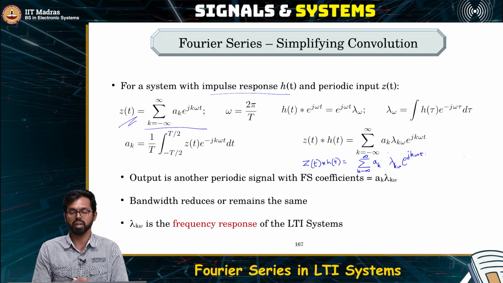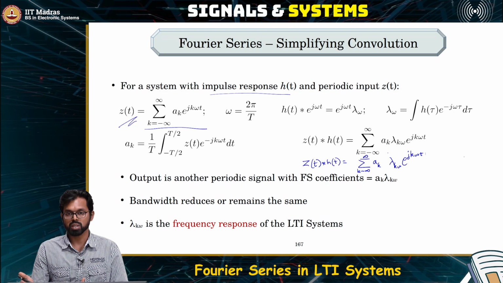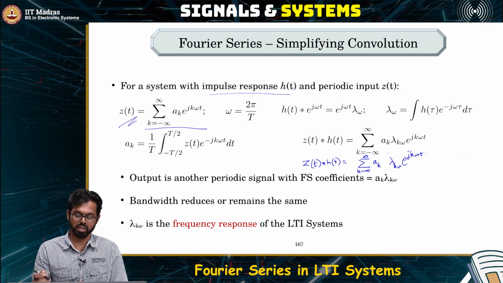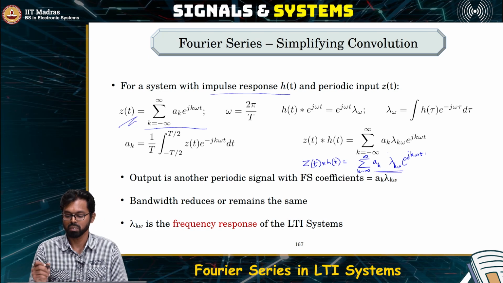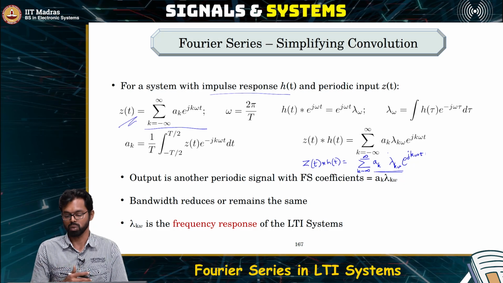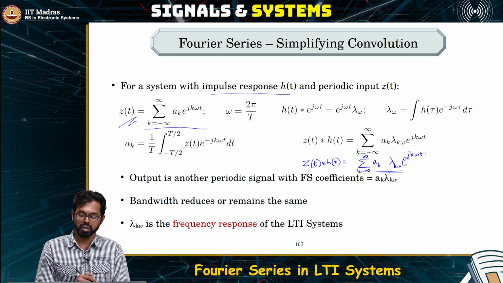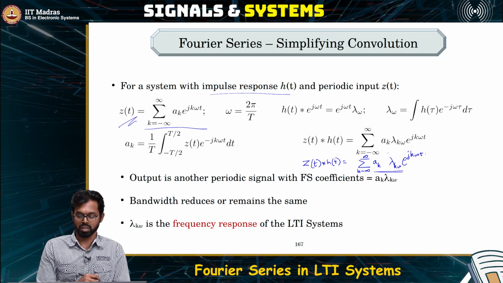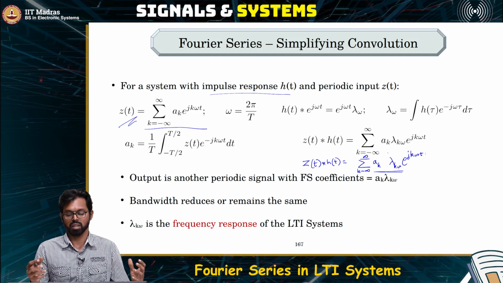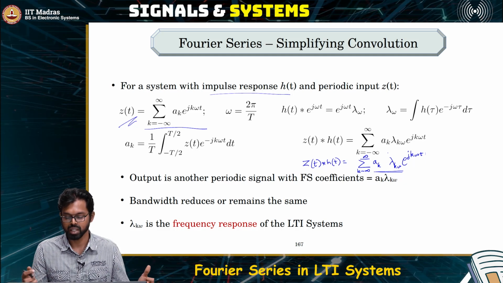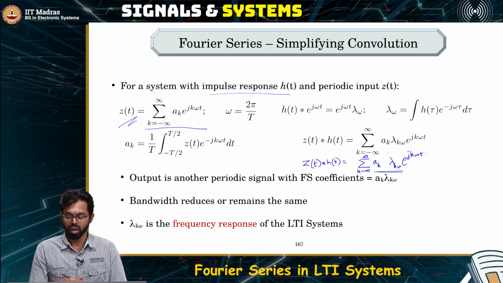So, this has simplified things, not even for computational purposes, but even for analysis purposes. You just have to multiply a set of scalars and then you get the output. So, even for us it becomes much simpler to analyze this, and we can also infer a lot of things from this. Remember when we said you convolve two different signals, the length of the signals may increase, but